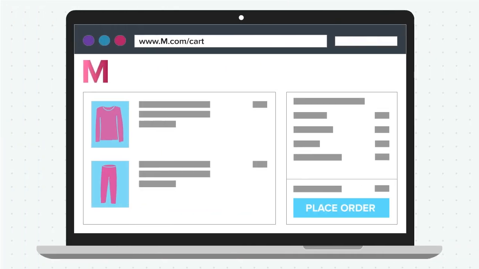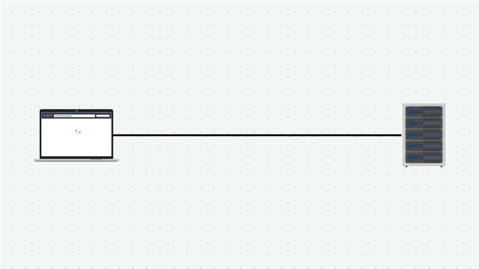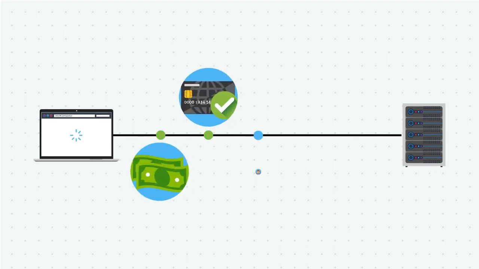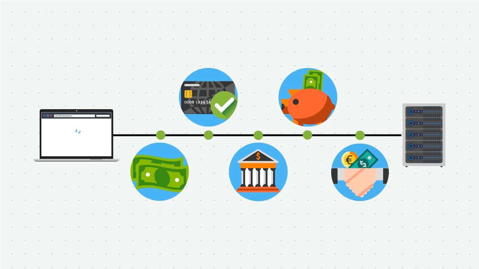Now, let's take an example of an e-commerce website to understand this. Let's say you have selected the items and you hit the place order button. Now, as soon as you fill in your bank details and click the Pay Now button, a number of processes go on at the back end. The payment process is initiated, your bank account is verified, your bank processes the payment, the amount is sent to the vendor's account, the vendor confirms that he has received the payment, and so on.